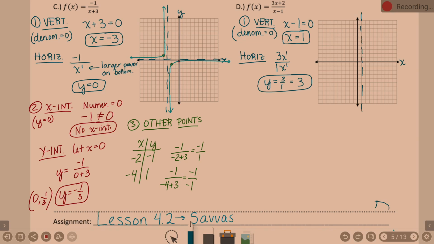So horizontal asymptote of 3 means you go on the y-axis, you go up to 3 and draw a horizontal line. Okay. After asymptotes,